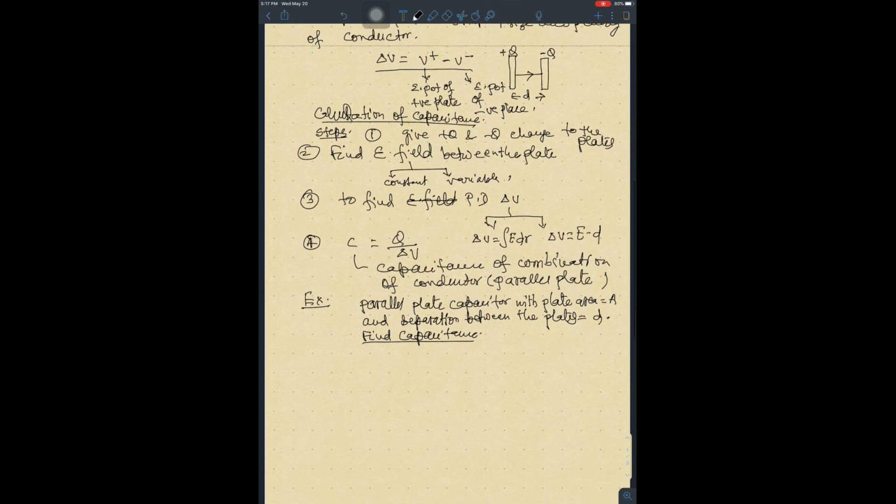In this situation, if we are trying to find it, here the two plates, parallel plates, are there,